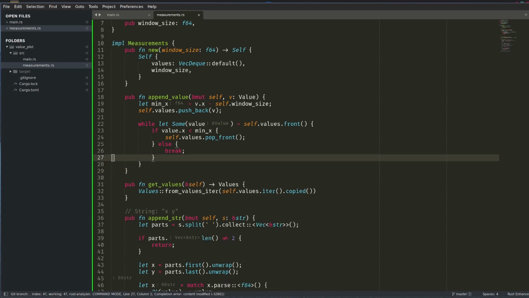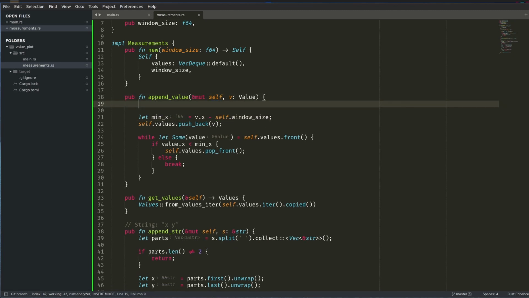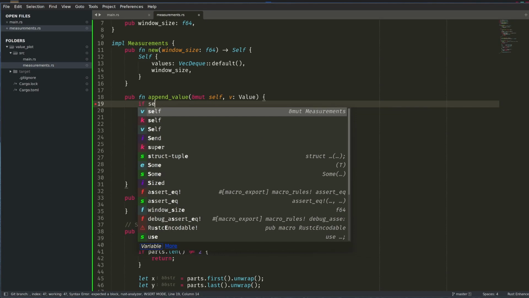This is all great, but you can see that I kind of assume that this thing is sorted. So what happens if somebody gives me a value that is not sorted? And I don't want to think too much about it. I'm thinking if this new value is something that seems out of order, I will just start fresh. This is just a safety. So let's say if I have any value that's less than self-out values,